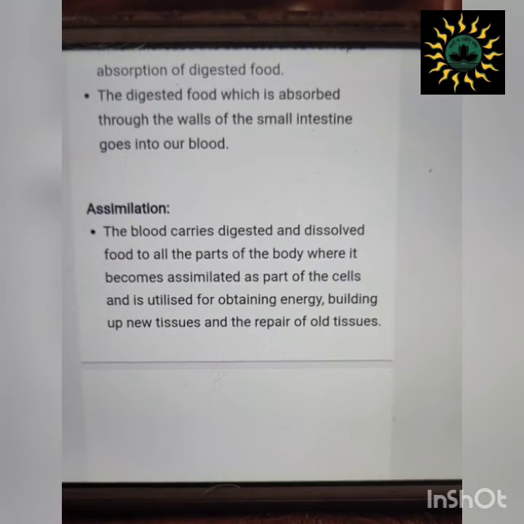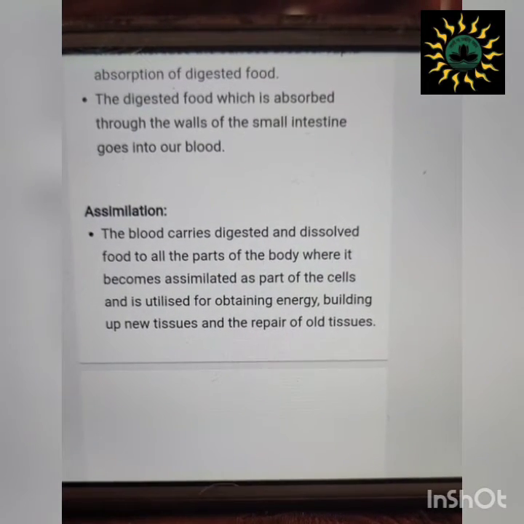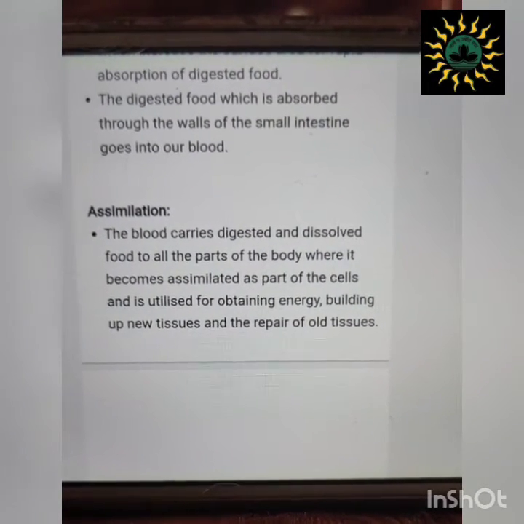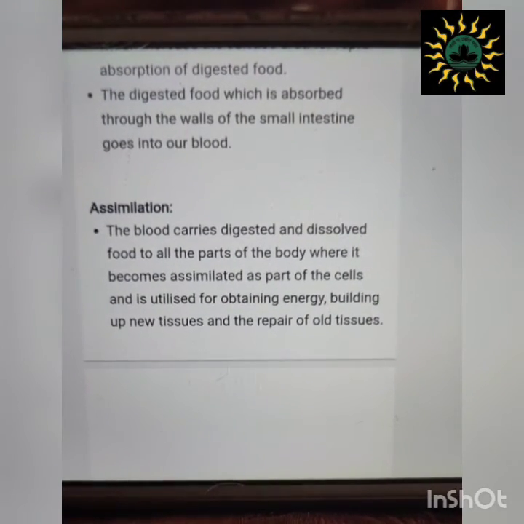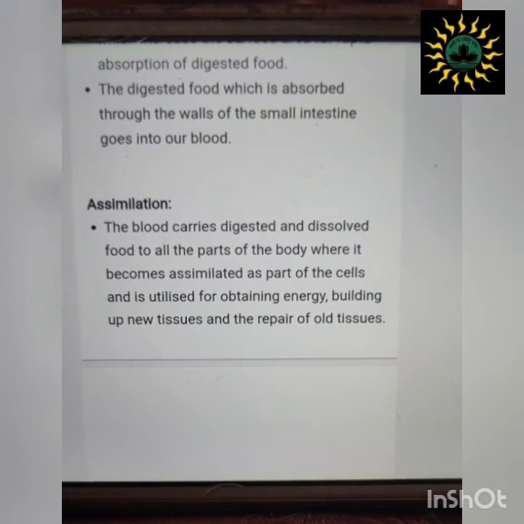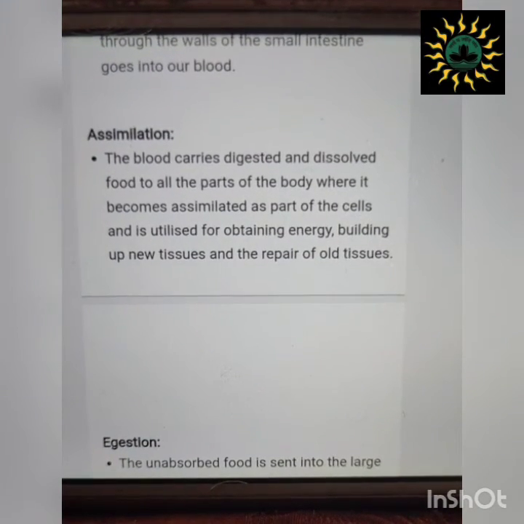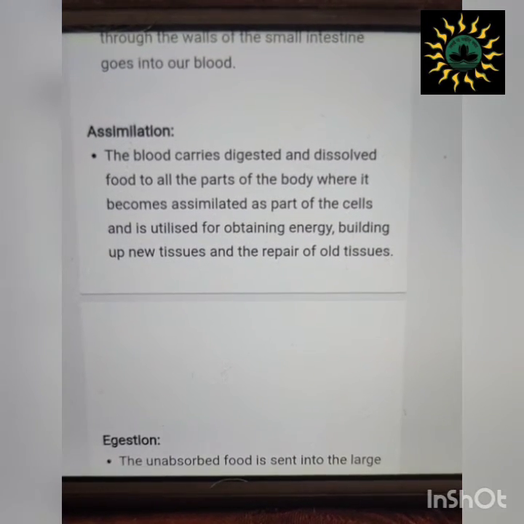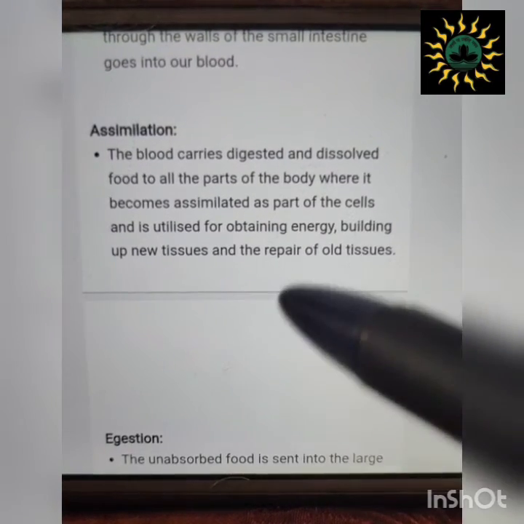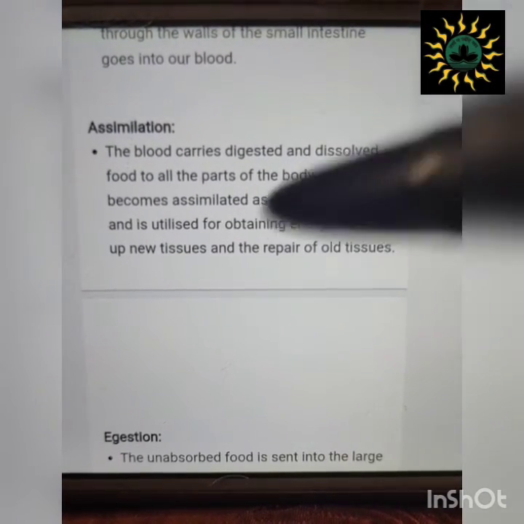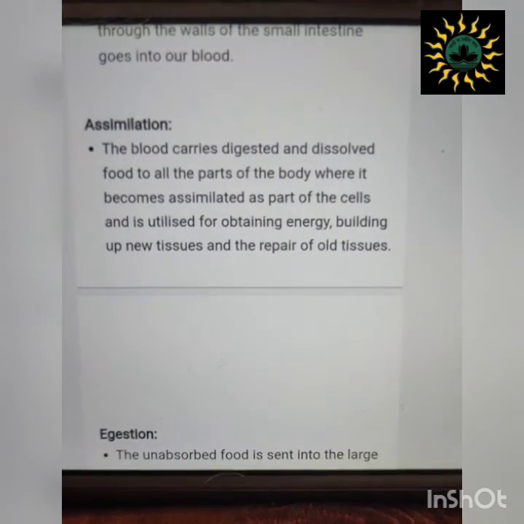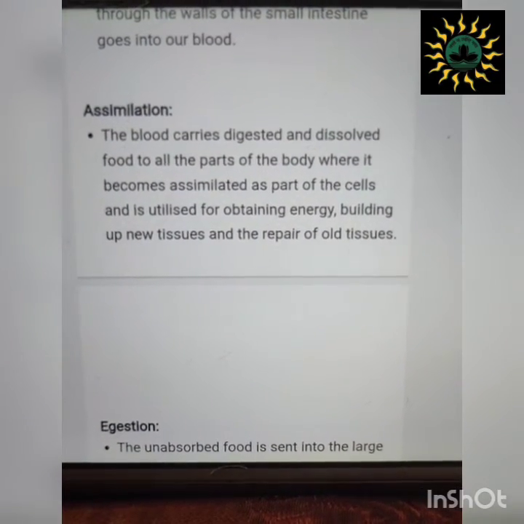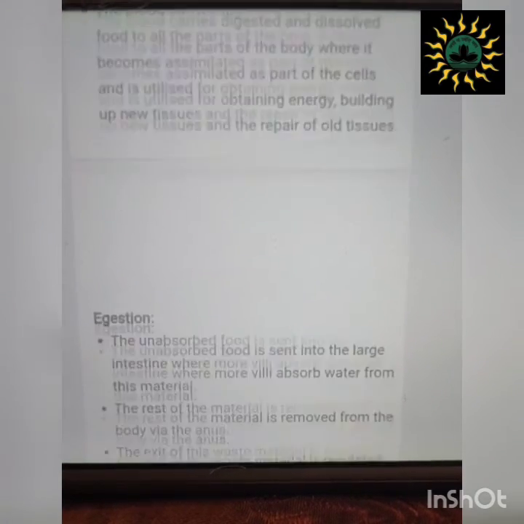Finally, after absorption has taken place, the food has been passed on to the blood, and finally it will go to the body cells for it to get oxidized in the presence of oxygen. That process is known as respiration. So let's come back to nutrition again. Once it reaches, the blood carries it to the different parts of the cell. It is utilized to give energy. Carbohydrate will give energy. The protein will build up new tissues and will help in repair. And fat will get stored under the skin as adipose tissue.